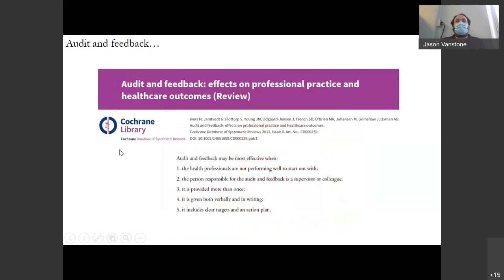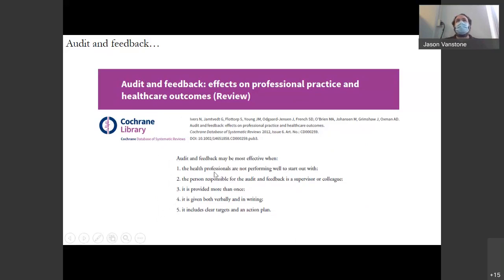And there's a lot of research that's gone into how audit and feedback works, and it's still a growing field. This is one of my favorite references, and it's something that we try to include when we're designing and developing implementation projects. This was a Cochrane review that looked at the effect on professional practice in healthcare from audit and feedback. They found a range of, I think, 4 to 16% change when you do audit and feedback, and they came up with some of the things that were shared between studies that had a positive effect.